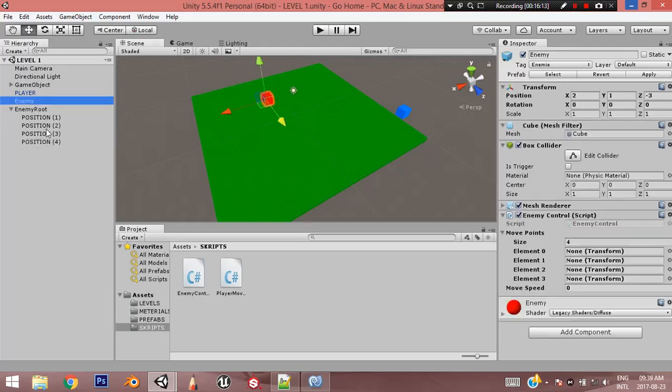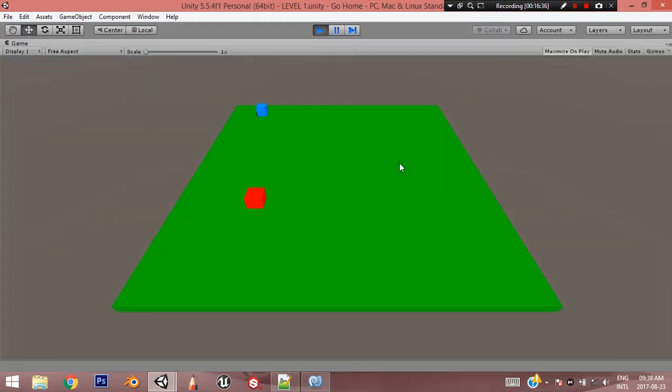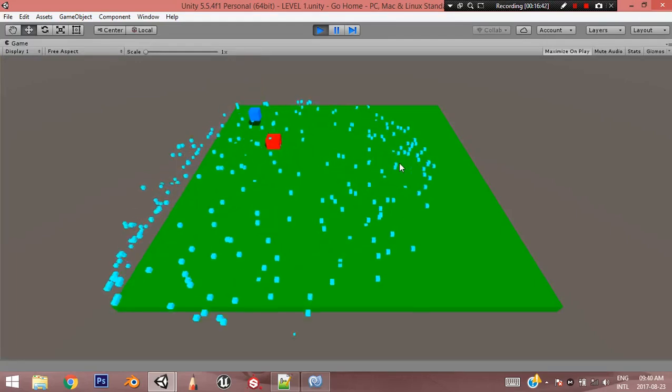And then we go back to our enemy, and we're actually going to add those points in. So position 1, position 2, position 3, and position 4. And let's give it a move speed of 1. Let's see first if it actually moves. So as you can see, it moves from one point to the next,